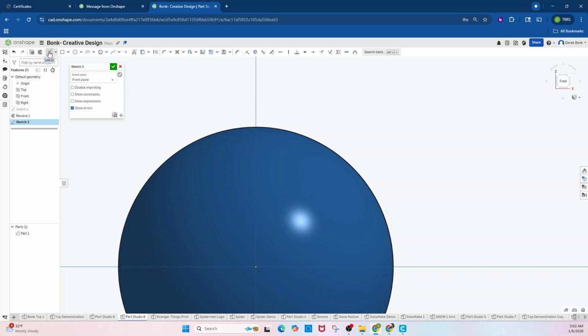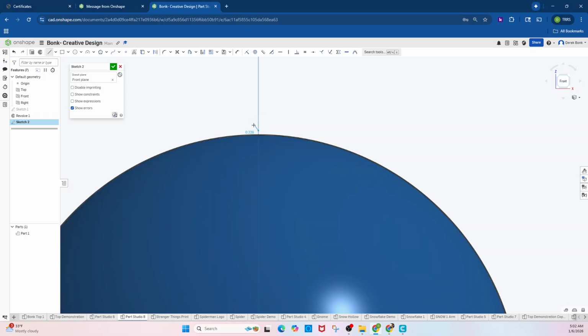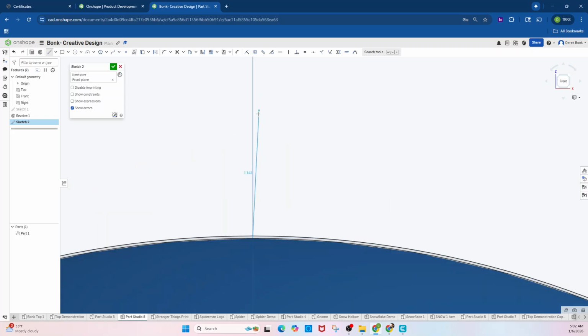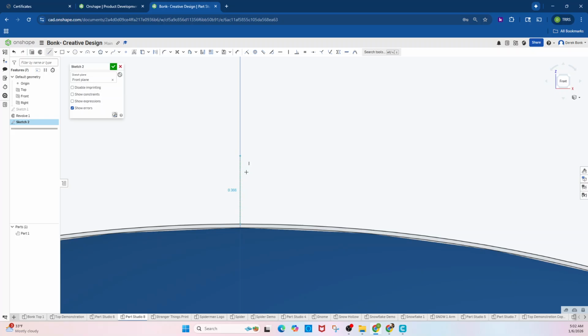So we're just going to click the line tool, make sure it should pop. If it doesn't do that, you hit escape and start over again, but you need to make sure that you connect this line the right way. It's a little bit tricky, but you've got to have that connection point there,